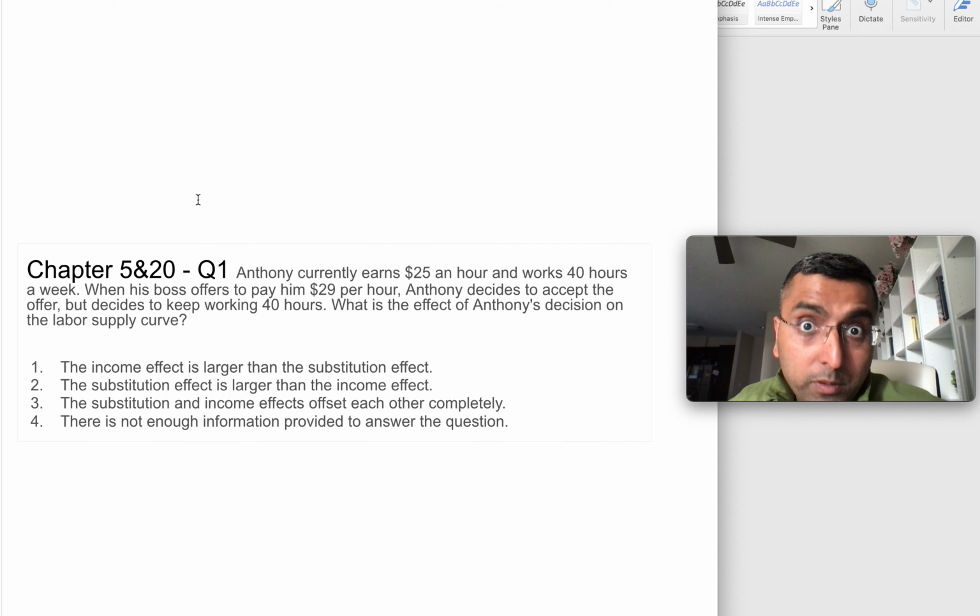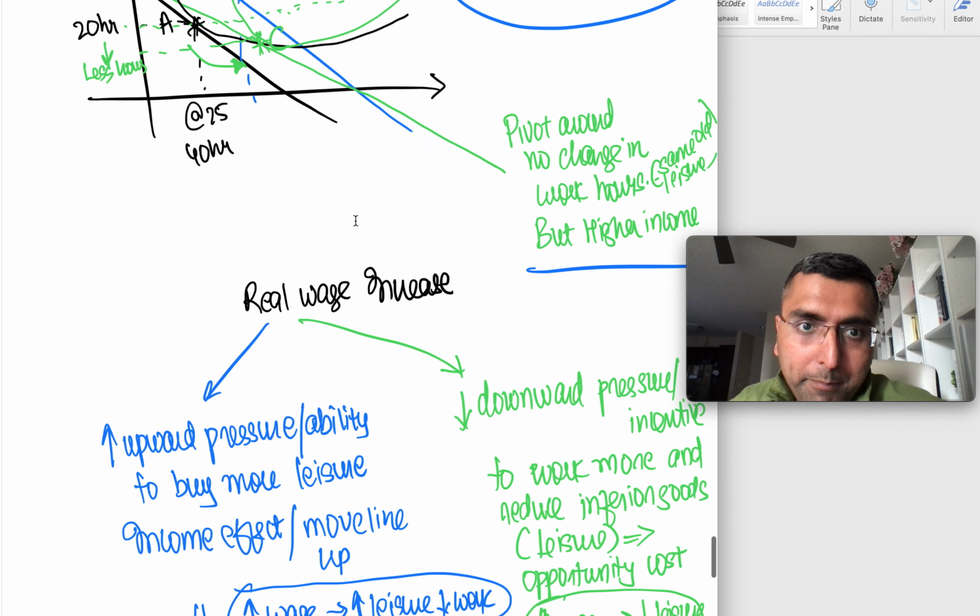So let's try to recap what is the impact of earning more, from $25 to $29. There's a real wage increase of $4 for Anthony. What is the impact of real wage on its income effect and substitution effects? What's the total impact? So to recap,